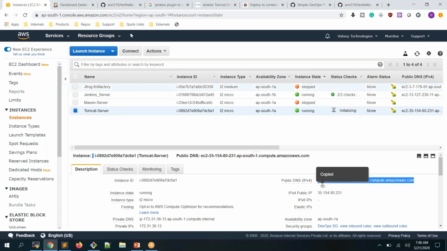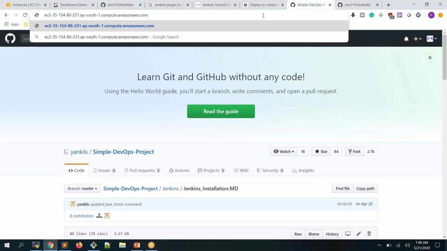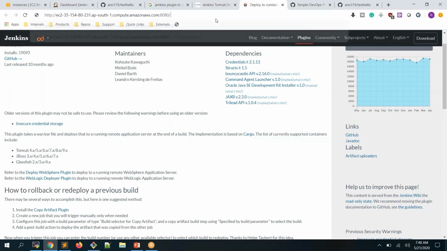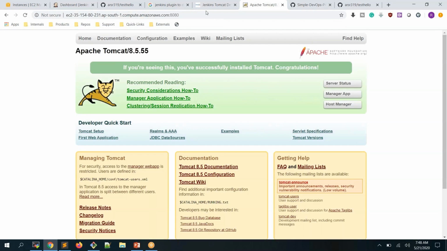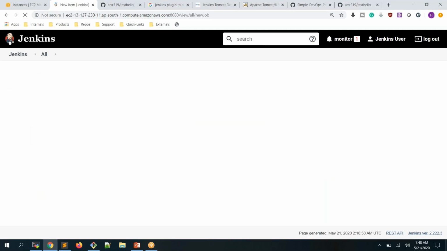So go here and just 8080. Let me copy it and copy over here, and you can access your Tomcat server. Okay, so this is our Tomcat server. Now we are going to deploy on this Tomcat server. For that, I'm going to create a new Jenkins job,